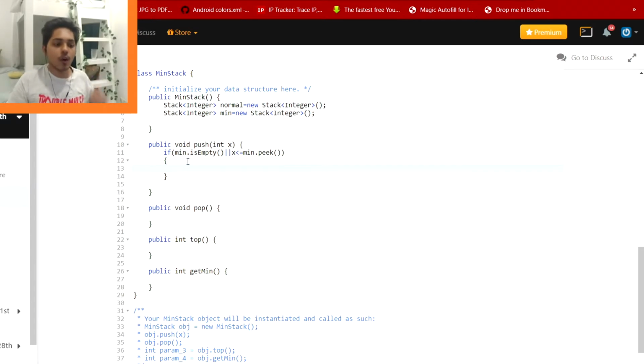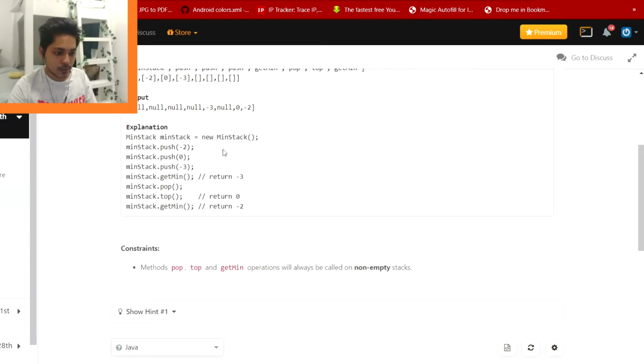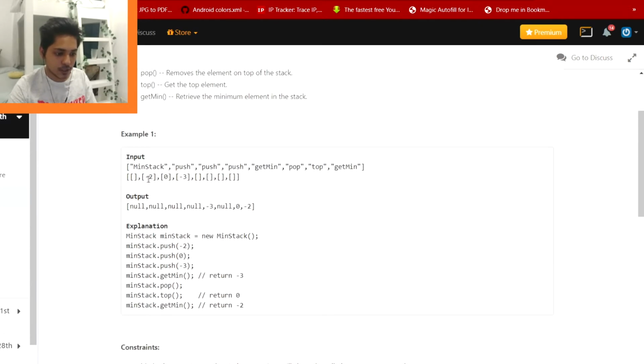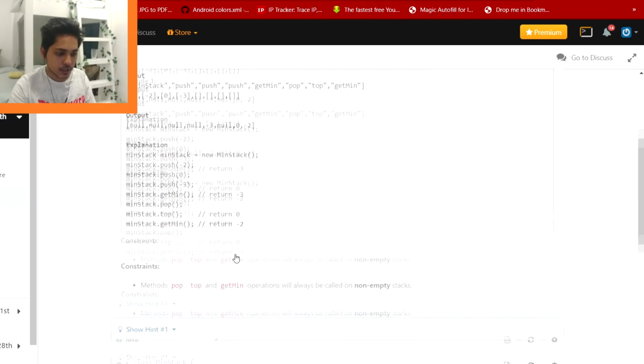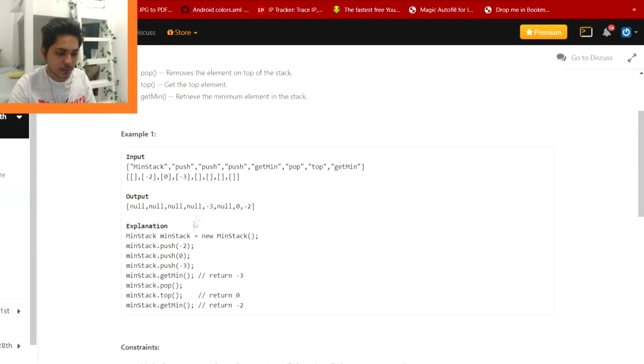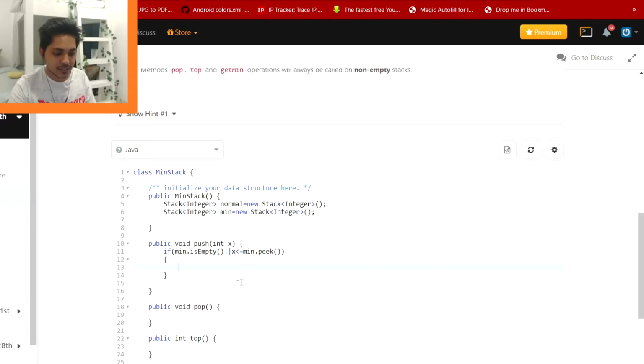Or if, for example, -2 is already inserted in the stack, and we are inserting -3, so -3 is lesser than the previous -2, right? So it's the new minimum value.